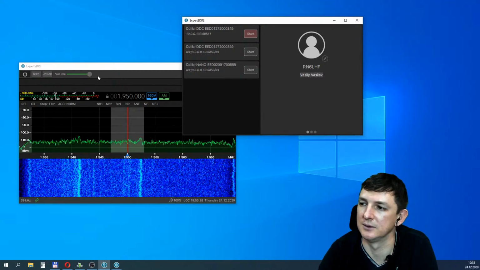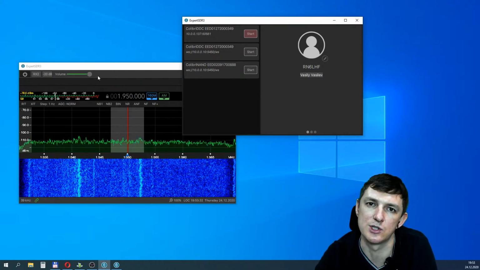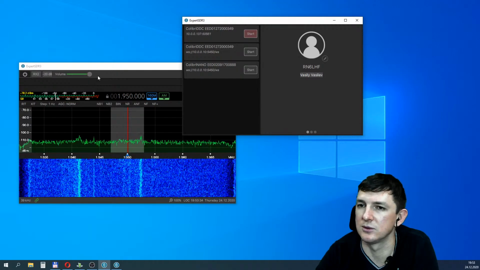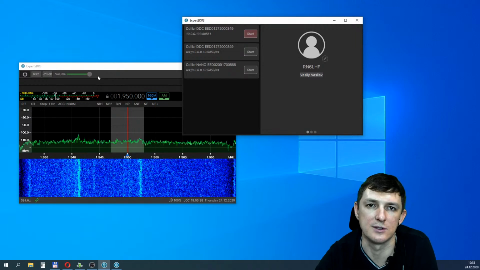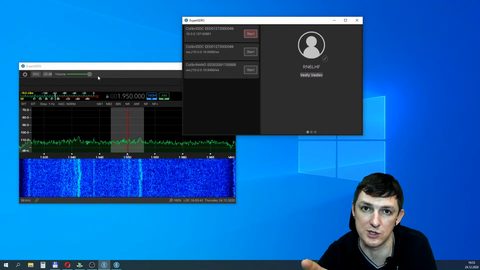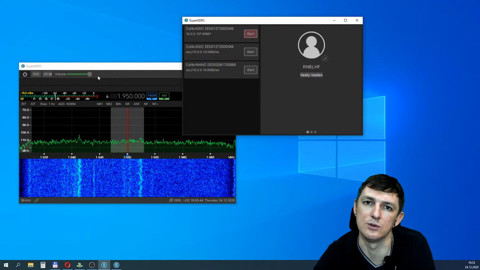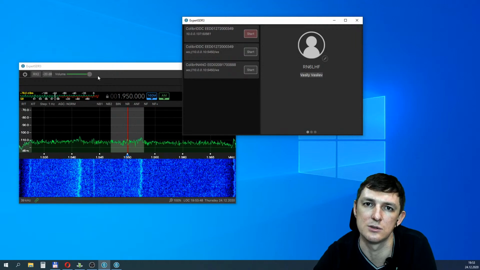SDR, a new platform and new concept which allows you to use different devices at the same time. For example, you can use your local transceiver for normal operation. At the same time, you can use, for example, a remote receiver for remote operation.